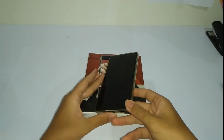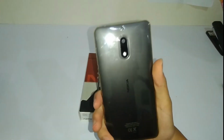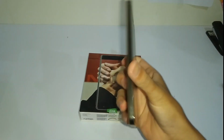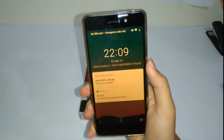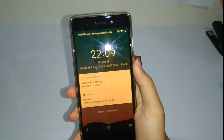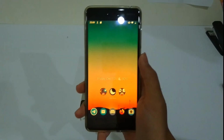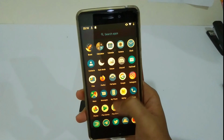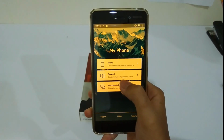So I've been using the device for a bit, and yeah, it's a great device as always. Like my current Nokia 6, it's quite fast. It has enough speed for me. So far so good. I updated to Android Pie, as you can see. Basically everything works spectacularly well on this phone. I've got no issues with it so far, but one thing I'd like to note is that when I opened the My Phone app over here, if I go into